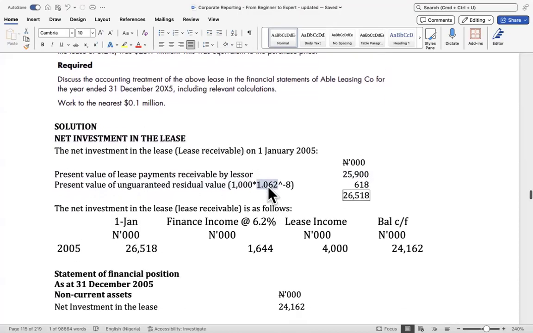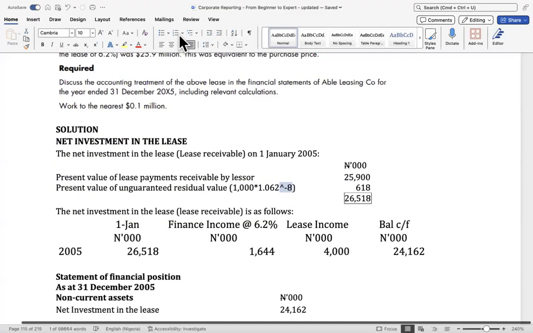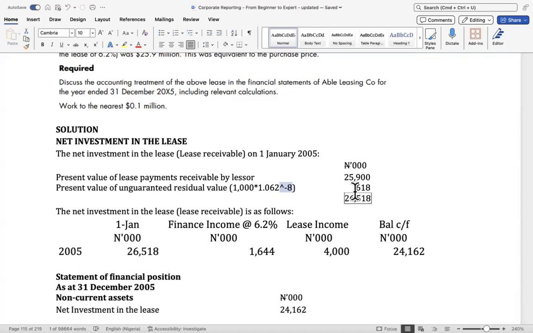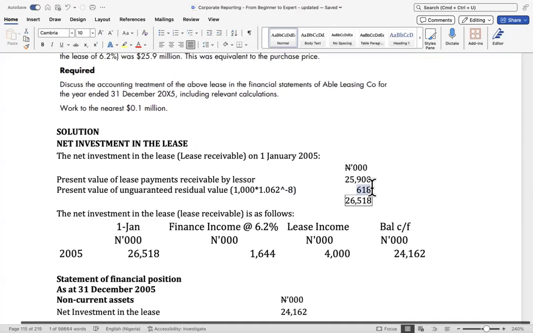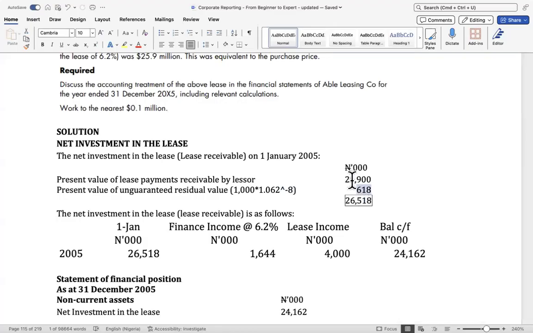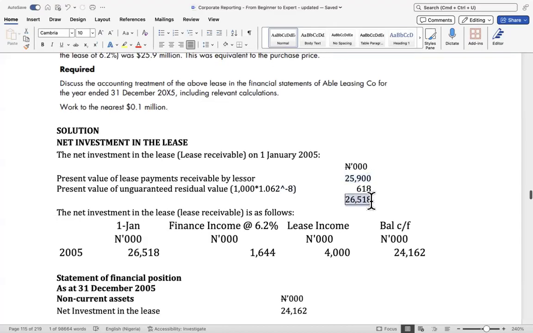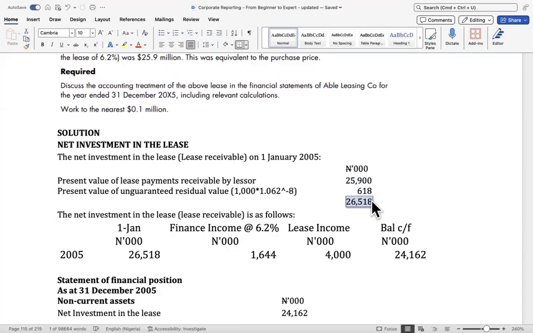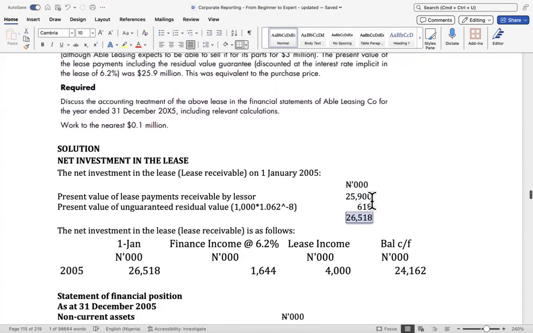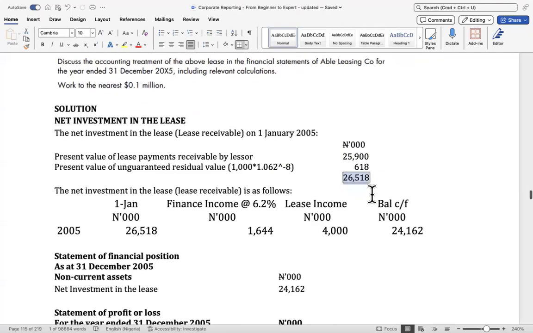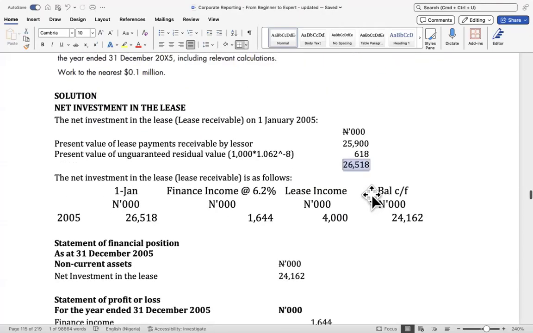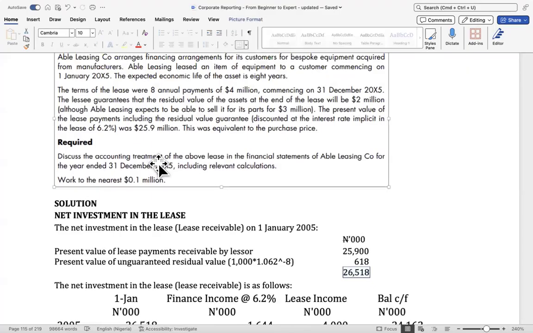So 1 plus r becomes 1.062 raised to the power minus 8, because that 8 is the lease term. So we have 618. If you add that to the 25.9 million, we get 26.518 million as the net investment in the lease. So similar to what we have done before. So at the end of the year, because this question is referring to just 2005 alone,